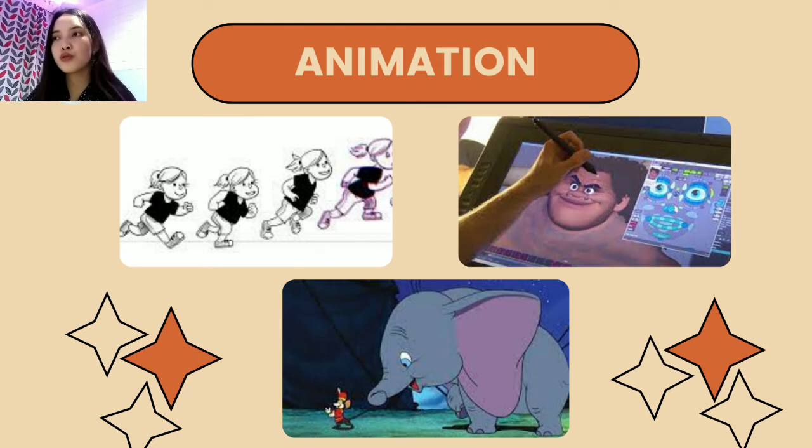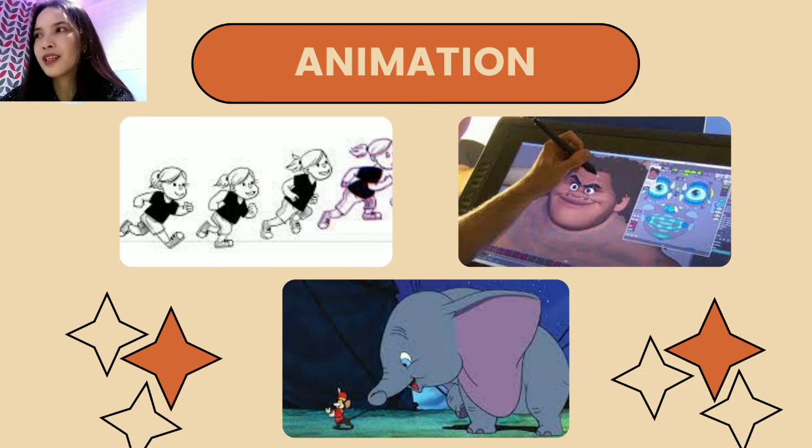Animation is a technique used to make stationary images appear to be moving. Traditional animation involves hand painting or drawing pictures on transparent celluloid, which are then captured and shown on a film. So we have here an example of animation. We have 3 examples. The first one is a girl running. When you play the animation, the girl would appear to be running.